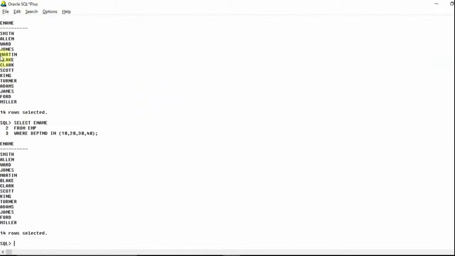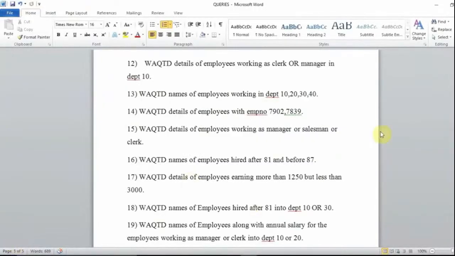If I hit enter, you can see the same output I'll be getting, 14 rows selected, and here also 14 rows selected. So this is the power of the IN operator, guys. Okay, so you should be using the IN operator whenever the condition is repeating itself. Got it, guys? Yes. So clear screen again, and the next question is